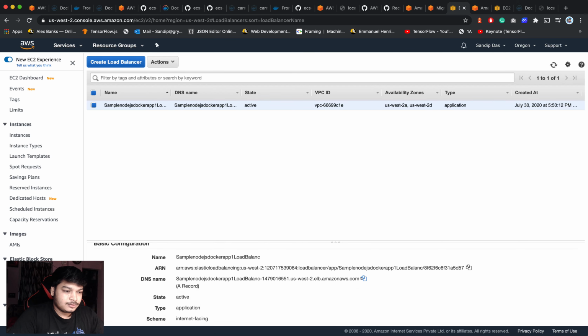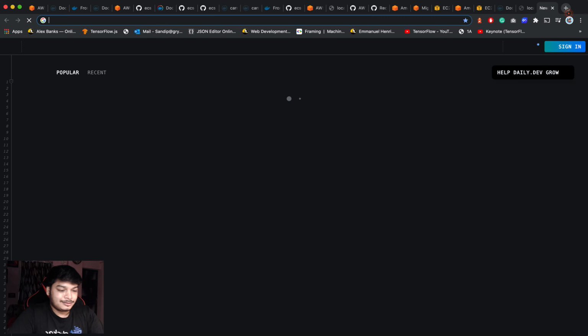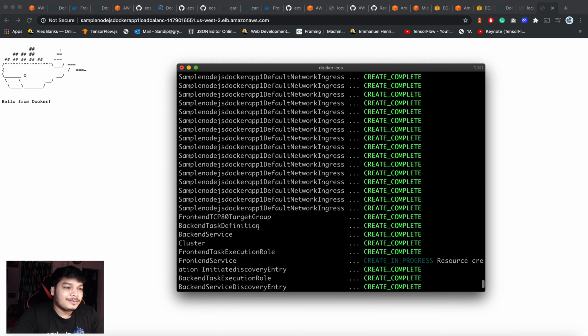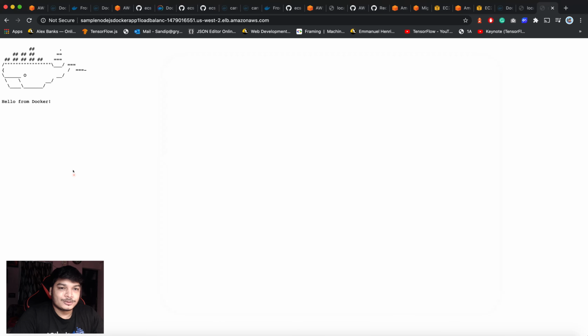See, I don't think it's started yet. Let's see. It takes some time. Oh, it's already started. That's great. Now the resources, it will take some time to create all the other remaining resources, but the load balancer is working fine. Hello from Docker, that in local it is working. Now from the UI also it's working. It's working great.